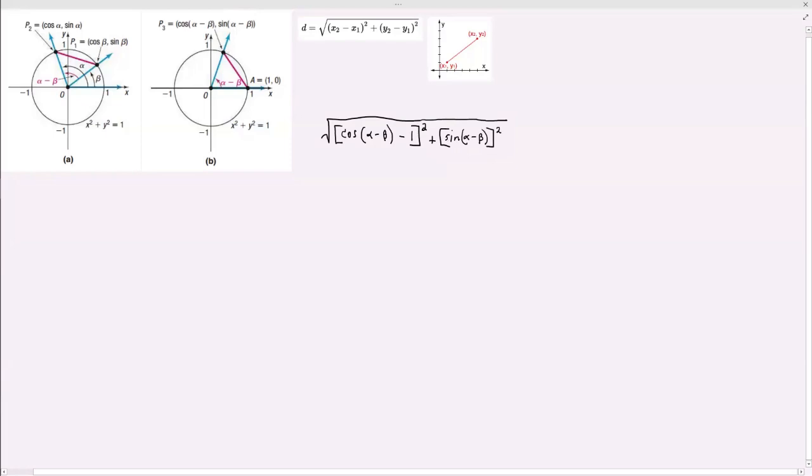Okay, so that's going to calculate the distance from here to here, and we're going to equate it to the distance from here to here. It's going to be a little different. So in fact, I might need some more room. We'll see what happens here. Okay, so I'm going to take the square root, and this time I'm taking cosine alpha minus cosine beta, the x2 minus x1, squaring it. So that's going to be cosine alpha minus cosine beta, x2 minus x1 quantity squared, plus y2, sine alpha minus sine beta,